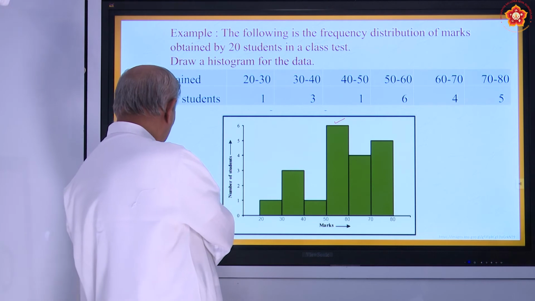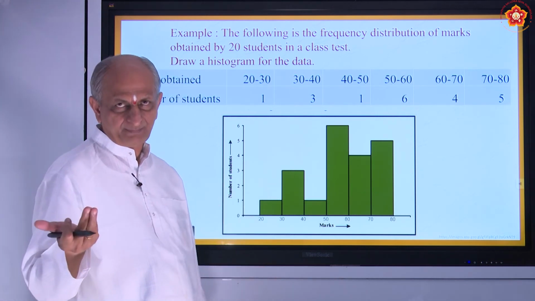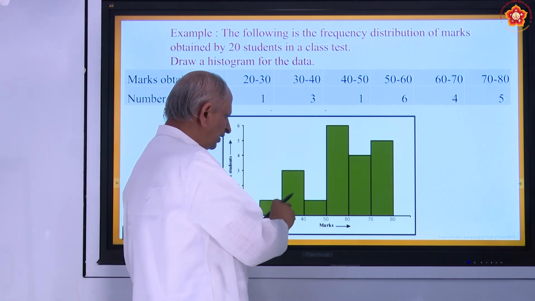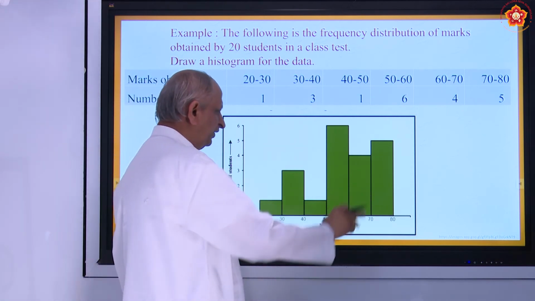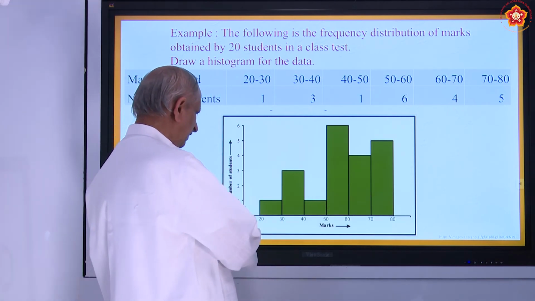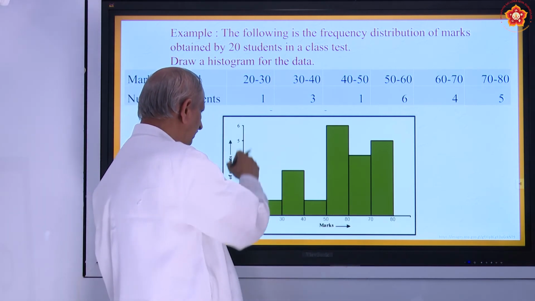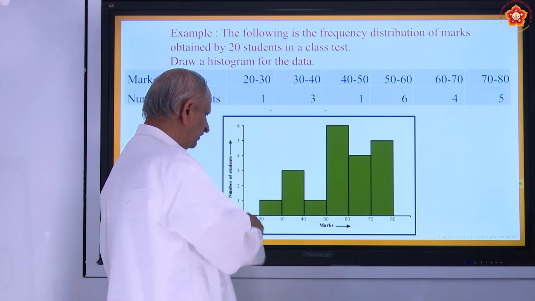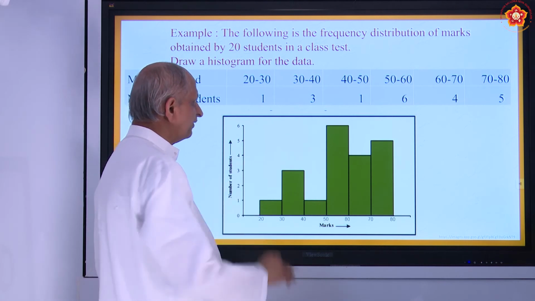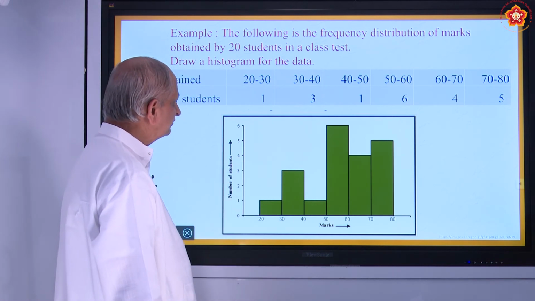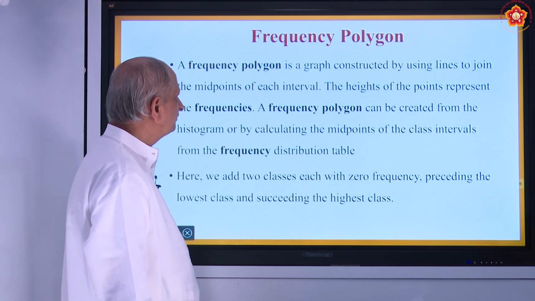Okay. So I think you understood the difference between the bar diagram and the histogram. In a histogram, each rectangle is attached to the other because it is a continuous series, and you must take the horizontal axis as marks, and number of students as the y-axis. They meet at a point called vertex. So here this is another way. The third way is called the frequency polygon.